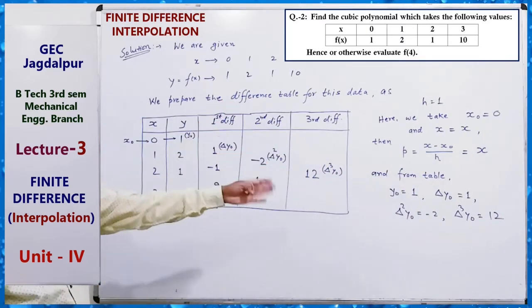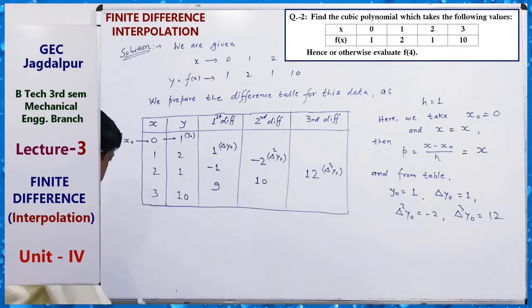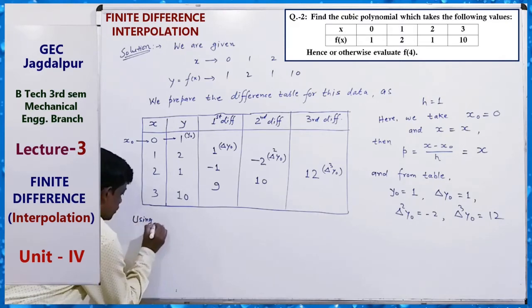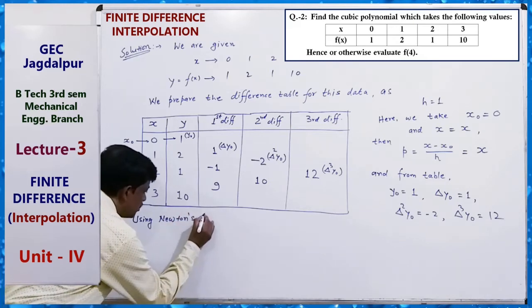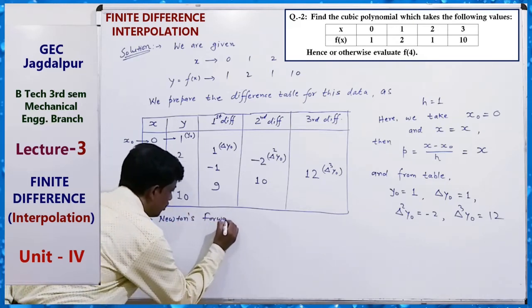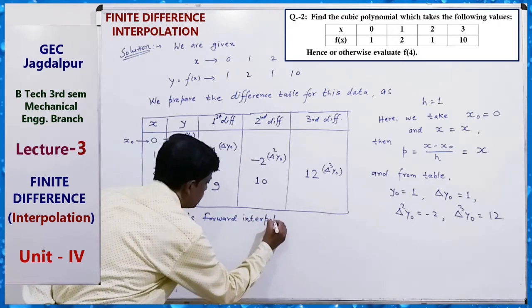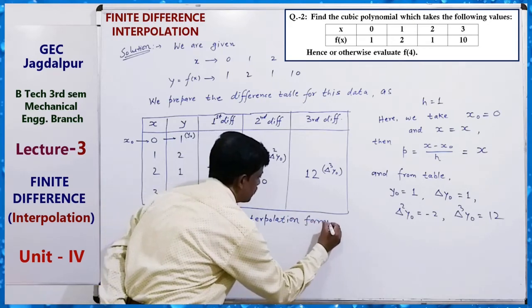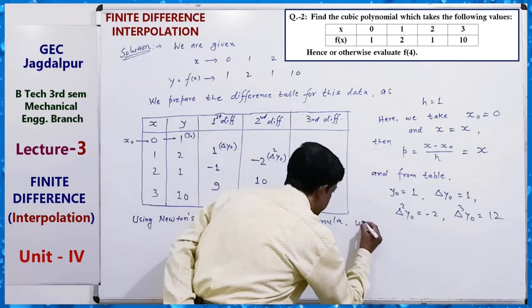These are used in forward interpolation. So using Newton's forward interpolation formula, we get